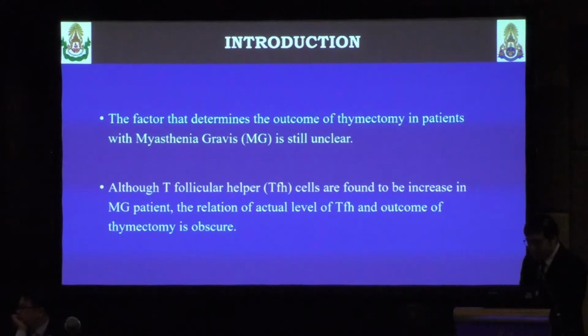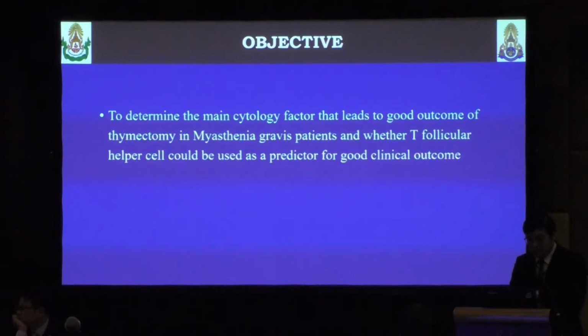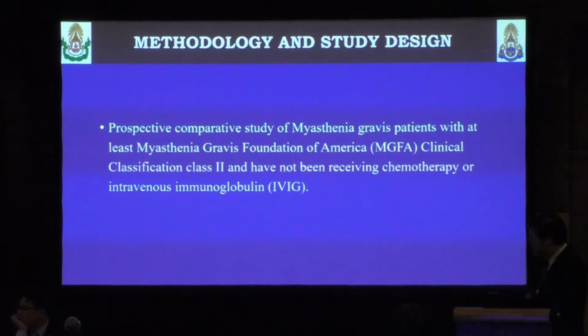Although many studies found that T follicular helper cells increase in MG patients, the relation of the actual level and the outcome of thymectomy is obscure. So the objective is to determine the main cytology factor that leads to good outcome of thymectomy in MG patients, and whether T follicular helper cell could be used as a predictor for good clinical outcome. Our methodology and study design